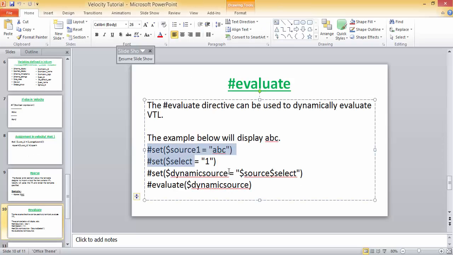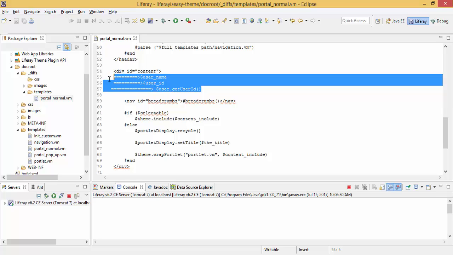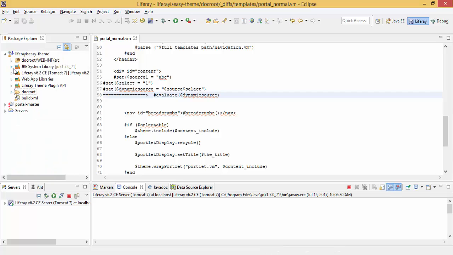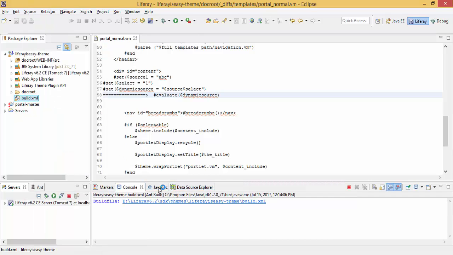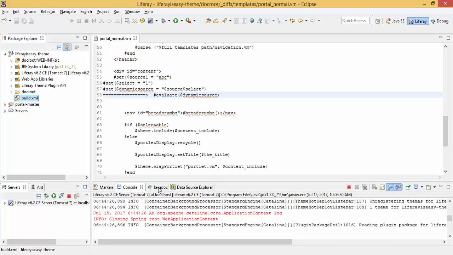So I just copy this and paste it inside this. This will display ABC. So our theme is deployed.